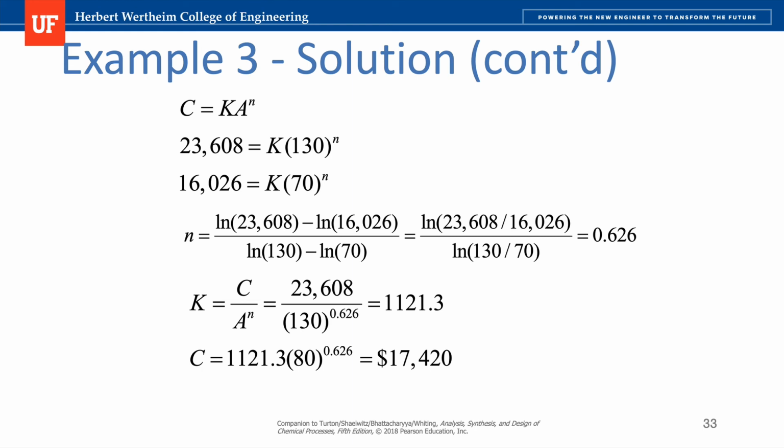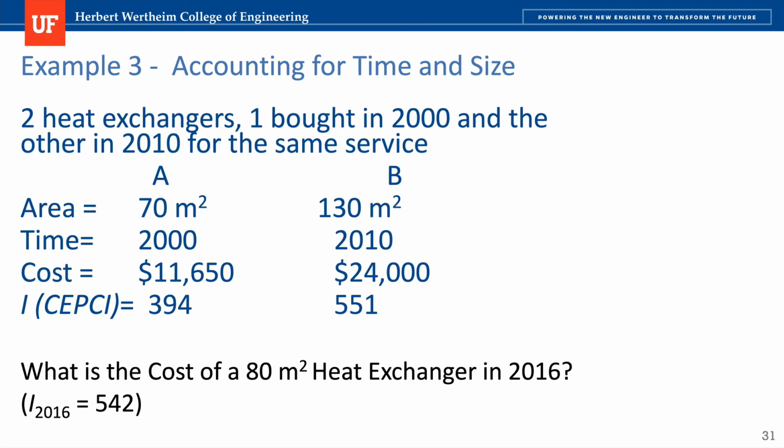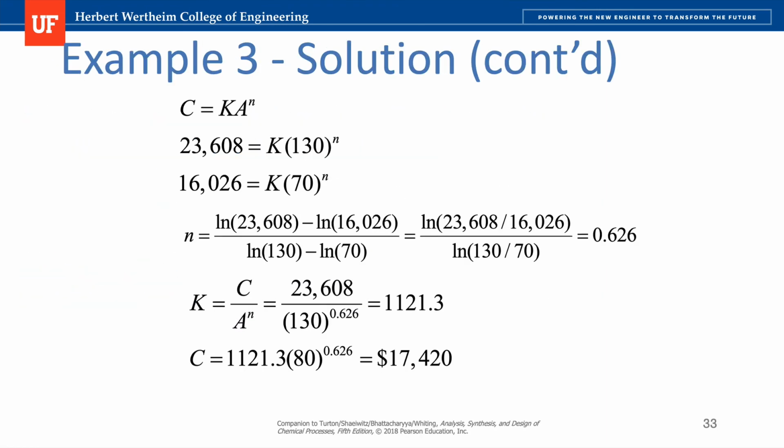But if you do have the information, just use the most precise value based on the information that you have available. Remember, the more assumptions, errors and estimated values, the more error will carry to the final estimate. So in this case, we calculated the exponent, and then we used the equation relating the different capacities, and we end up with the cost for the new capacity being 17,420 for the new equipment, which is the 80 square meter equipment they're asking for.